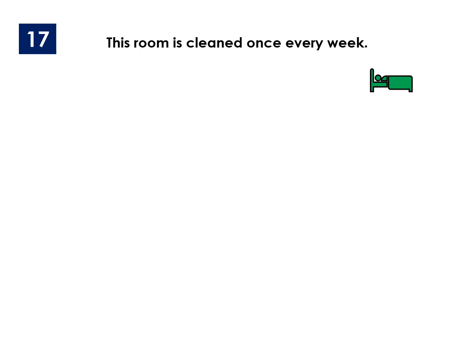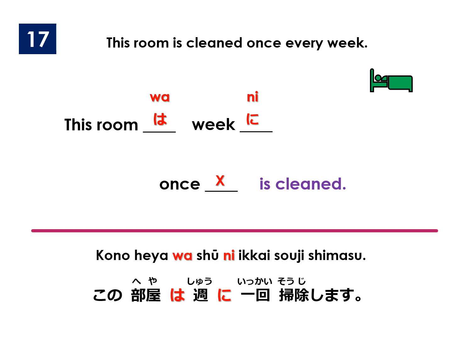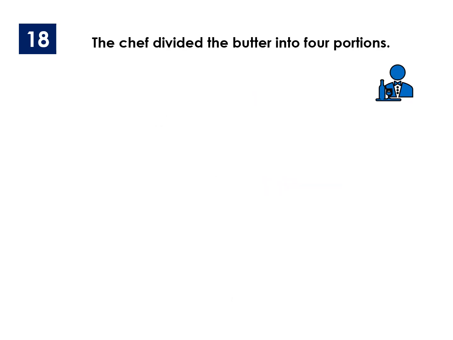Next sentence, this room is cleaned once every week. Elements, this room, week, once, and is cleaned. This room takes the particle wa for topic. Week takes the particle ni to indicate the notion of per or each. This room is cleaned each week or per week. And once, which is the quantity, does not take any particle. In Japanese, この部屋は週に1回掃除します。